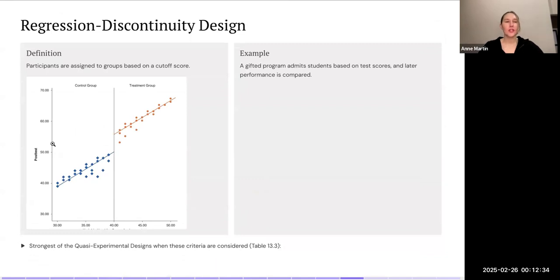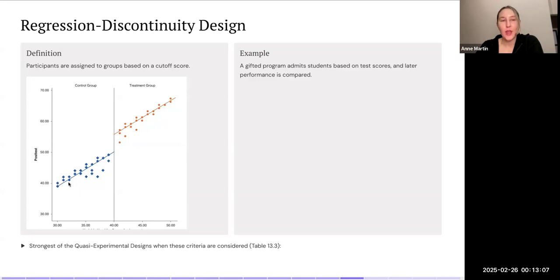Okay, so we also have this method here, regression discontinuity design. This is when participants are assigned to the control group based on a cutoff score. And after the intervention, they retest the line. And if there is a break in the line, this discontinuity, they're able to establish that the treatment had an impact. So if it didn't, and there's a photo or a sketch of this in the text too, this line